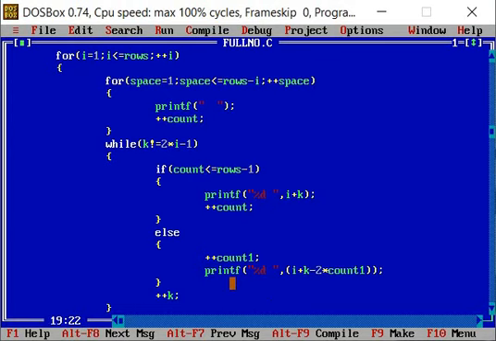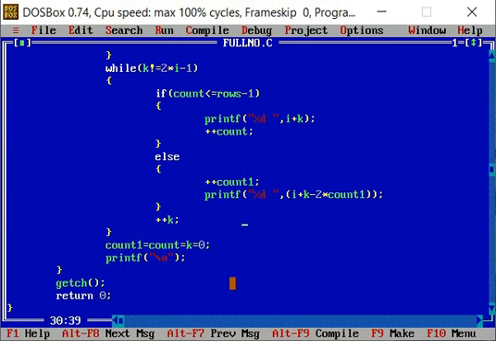Again it will go for the while loop and check the if condition. Count is 1, which is less than or equal to 2 minus 1, that is 1. It will go into the printf: i value is 2, 2 plus 1 is 3. It will print 3. The count value will be incremented to 2. It will not go to the else part. It will increment k, so the k value becomes 2.